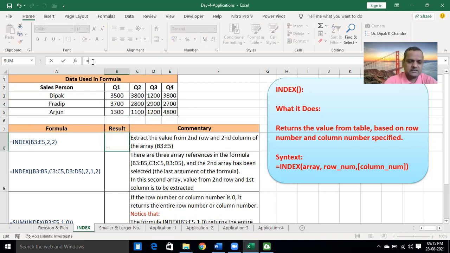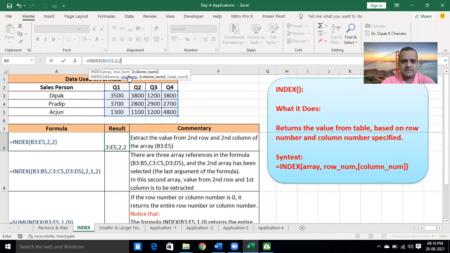We can do the function and check whether it shows the same result or different. The array means a table. You need to select the table from B3 to E5, then give a comma, then the next term is highlighted, that is row_num, the row number, which is second, and the column number is again second.